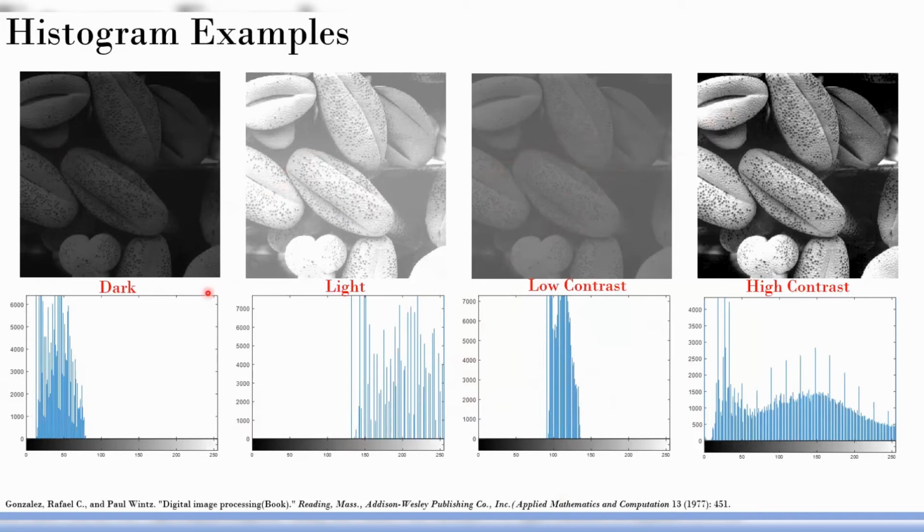The histogram is tightly packed. This is better than this one, and this one seems to be the best in terms of contrast. That is very much illustrated in the histogram. And now this is our dream image, where contrast is good. You can see it is fully occupying the entire spectrum of 0 to 255, and it is widely spread. So this is like a dream image for us, and obviously it looks very good to the eyes as well.